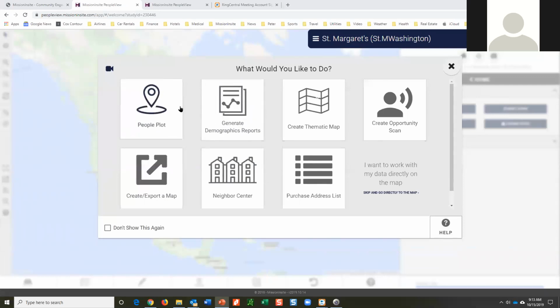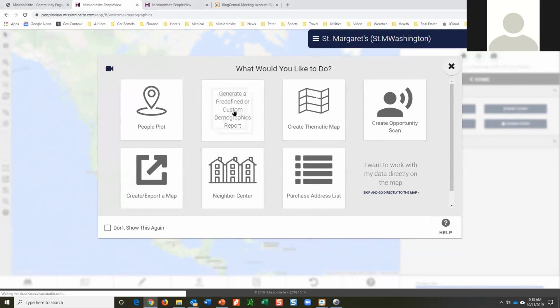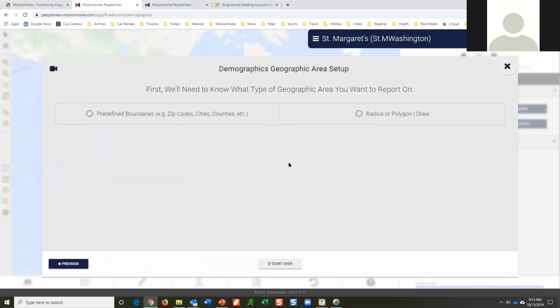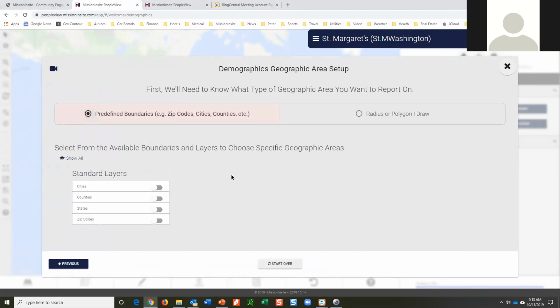Most people, when they first log in, are thinking about getting demographic information for their area. So you can use the assistant window for simple tasks or any of the tasks, but it provides you a step-by-step procedure. So I will say I would like to get a predefined boundary today.